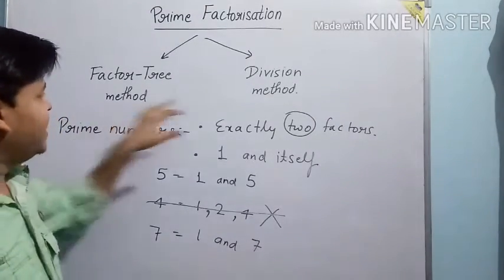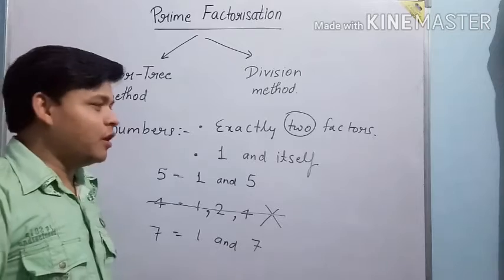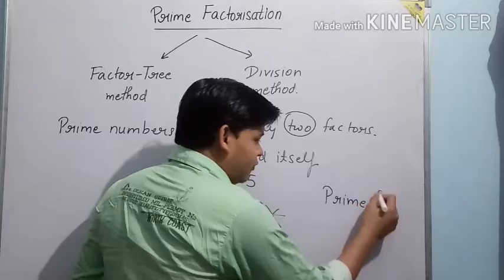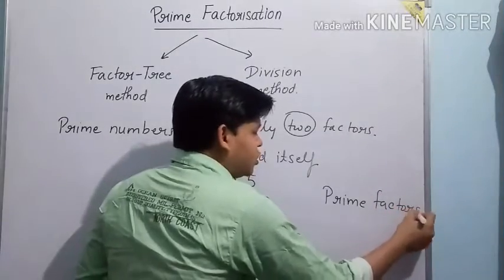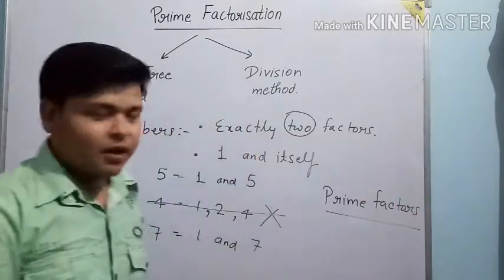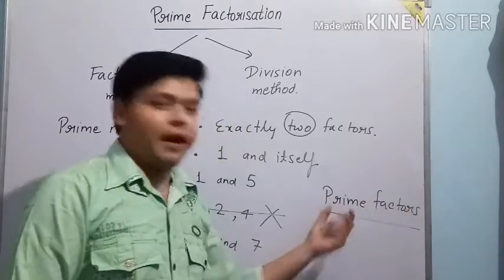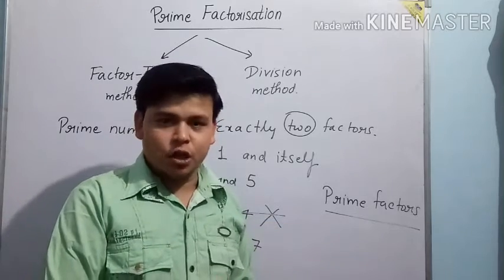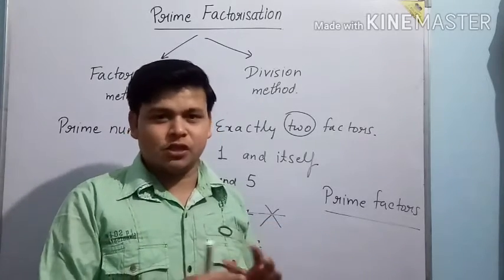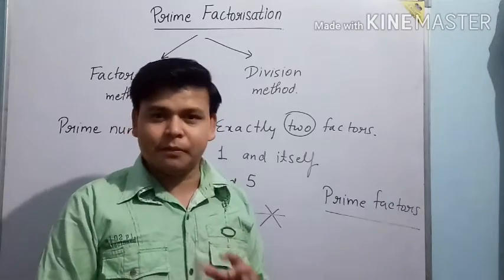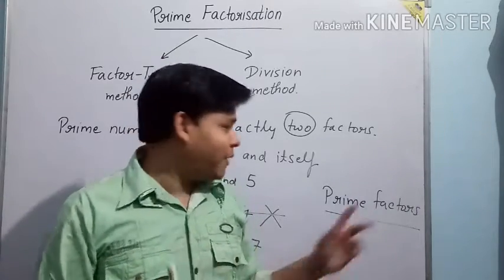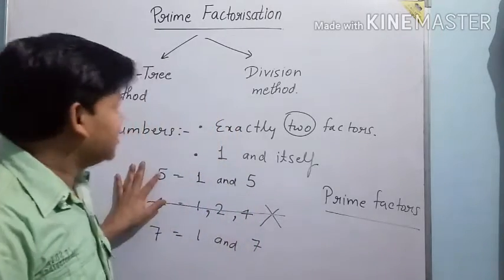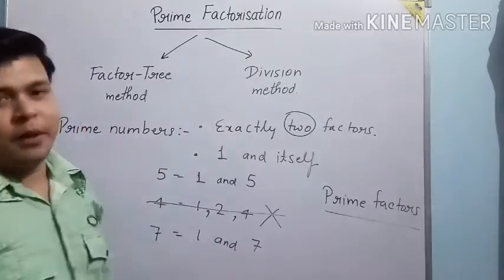So while explaining these two methods, I'll be using one term, prime factors, right? So here prime factors means also the same. Prime factors means the factors which are prime, यानी ऐसे factors जो कि prime हैं. जैसे कि मैंने बोला, suppose किसी का कोई factor आ रहा है 6, तो 6 is not a prime number, so 6 is also not a prime factor, यानी 6 prime factor भी नहीं होगा. तो prime factor का means भी वही होगा कि जो भी एक prime number है. I hope you all would have understood. Now we can continue with these two methods.